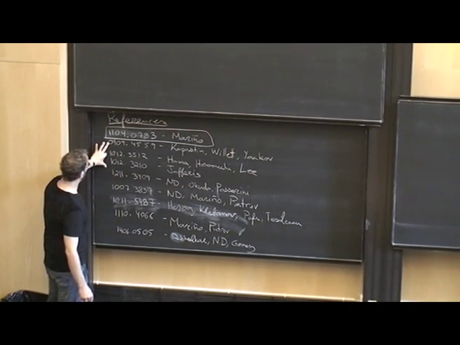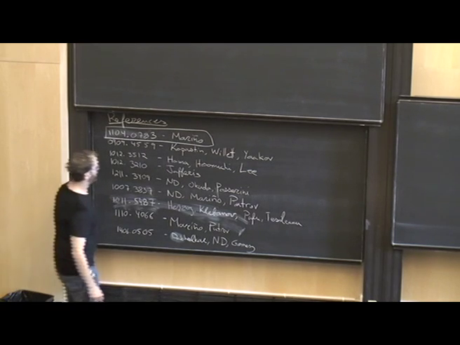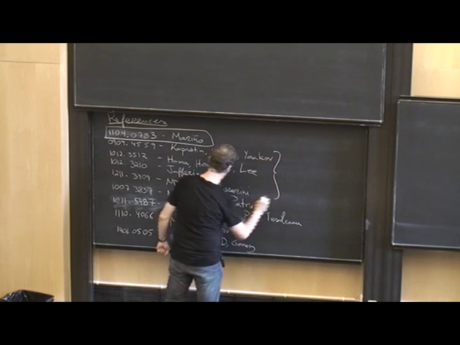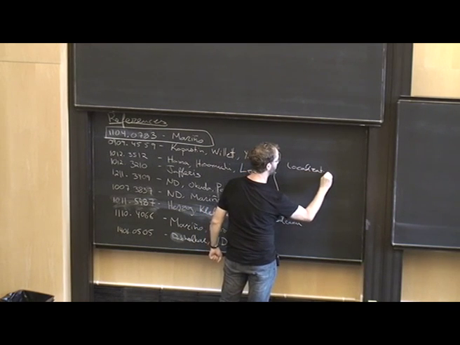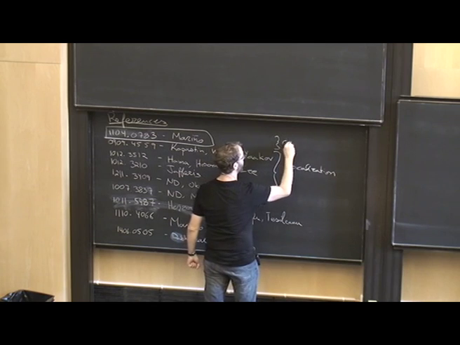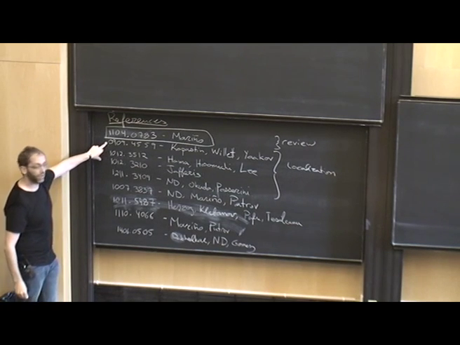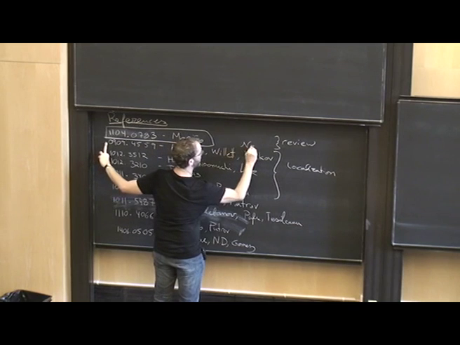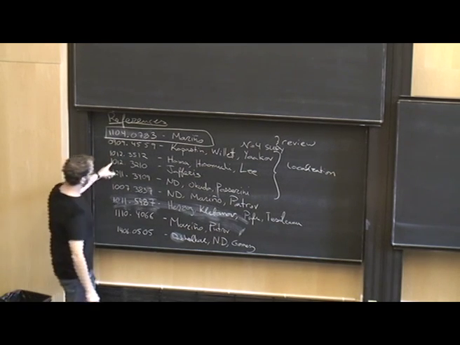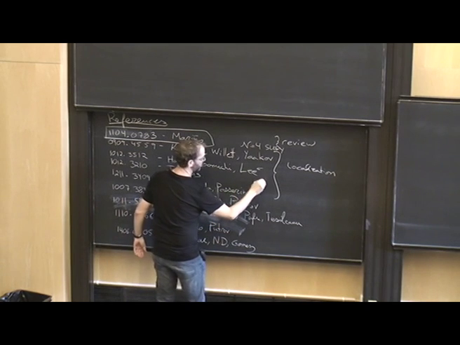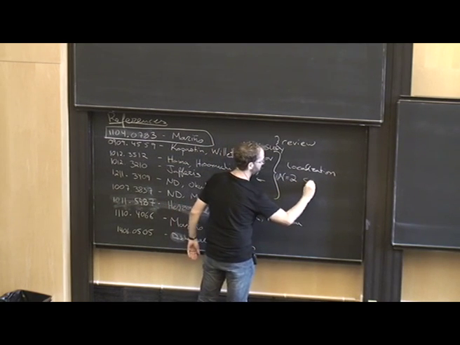The original calculation of the localization in 3 dimensions was done in this paper of Kapustin, Willett, and Yakov, and there were 3 more versions of it. So this is localization. This is review. So the first paper did it for theories with n equals 4 supersymmetry, which actually for the most part is what I will do, but I will use the notations from this paper. So actually these 2 papers have n equal 2 SUSY,